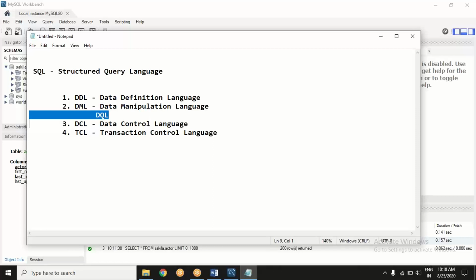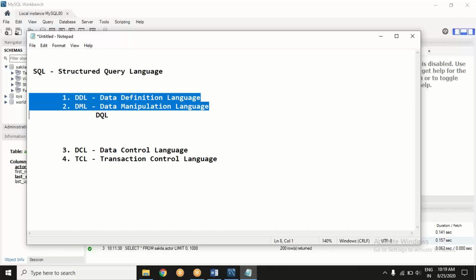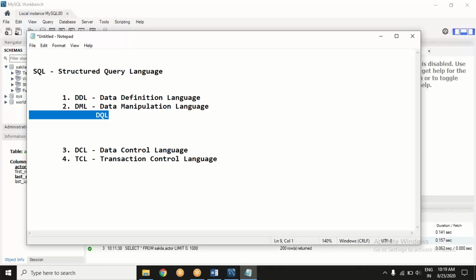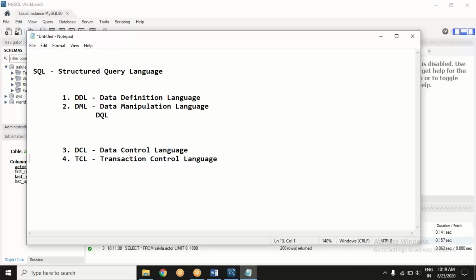But since the acronym caught up speed and became popular, we are calling it a segment. We will see. For now, we will be discussing in detail DDL and DML, or maybe DQL if you call it for now. And DCL and TCL we will cover in the next module when we will be studying Hadoop.